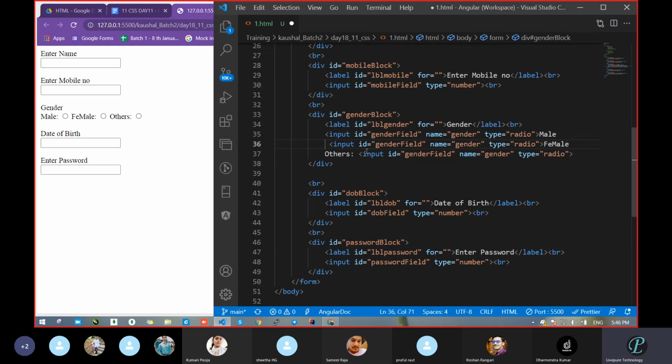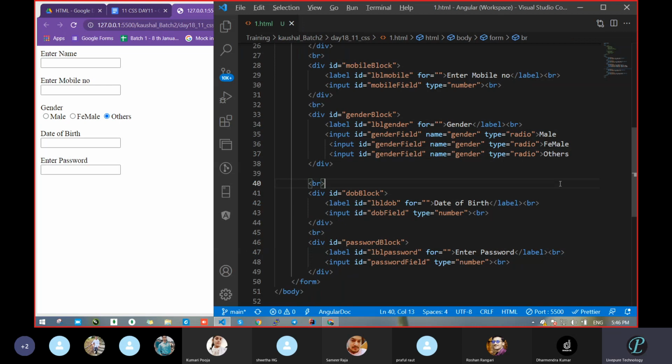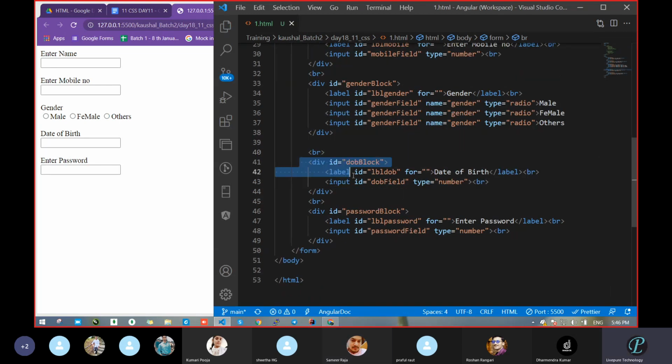I do not want the text to be first. I want the text last, like this. Then I take male, female, then others, this way. Clear? Okay.